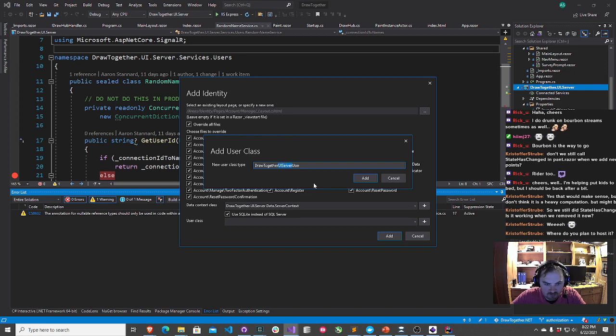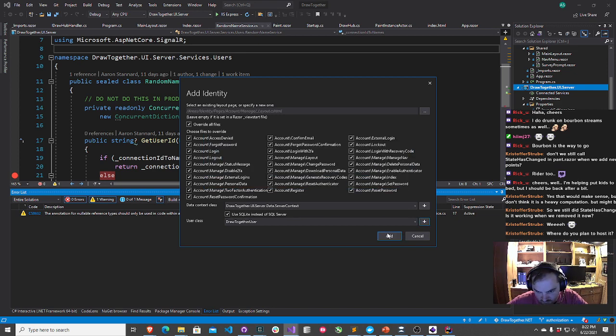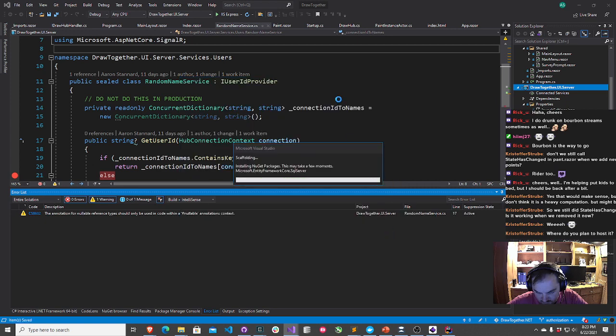Entity Framework is one of those technologies that, just generally speaking, kind of terrifies me to use in production.